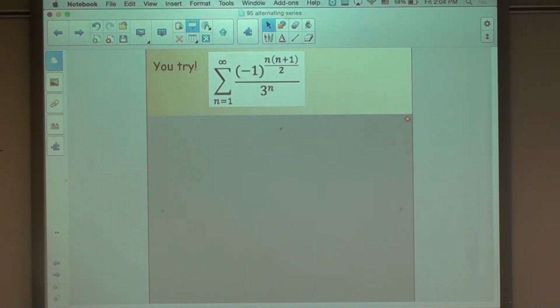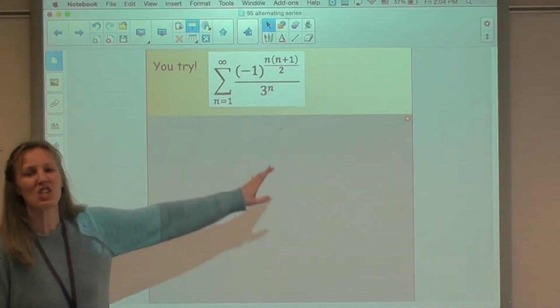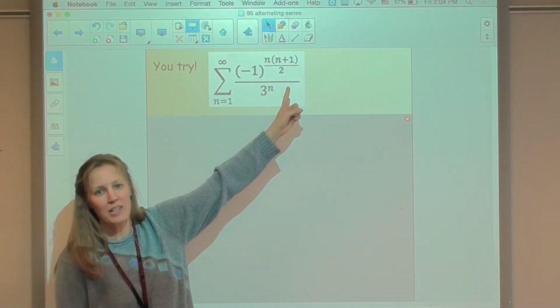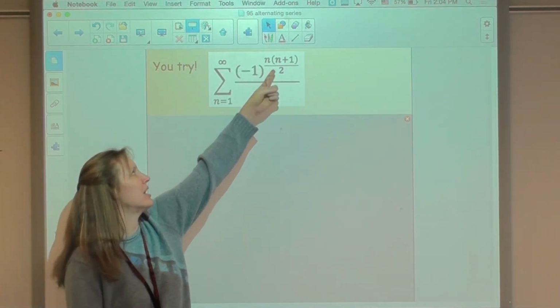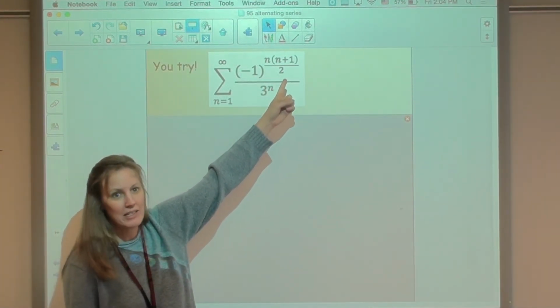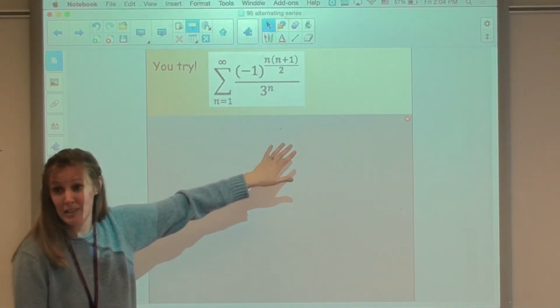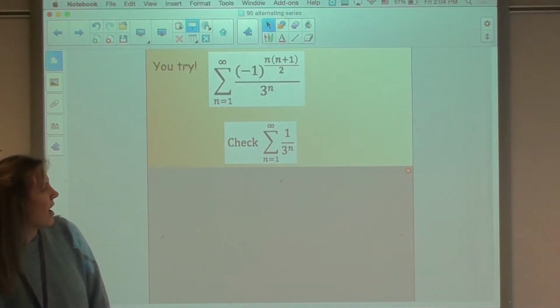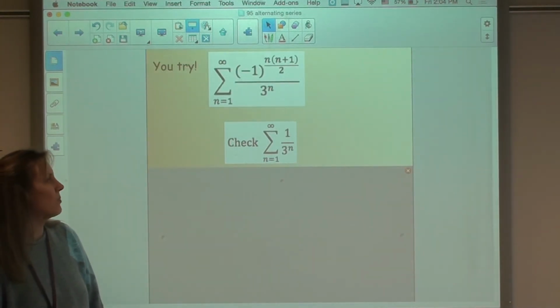So all this exponent is doing is making it go positive one, negative one, positive one, negative one. Just because it's a convoluted exponent doesn't make it any different. When you take the absolute value of negative one, no matter what the exponent is, that absolute value is just going to be one. So the absolute value of it is just the series from the sum